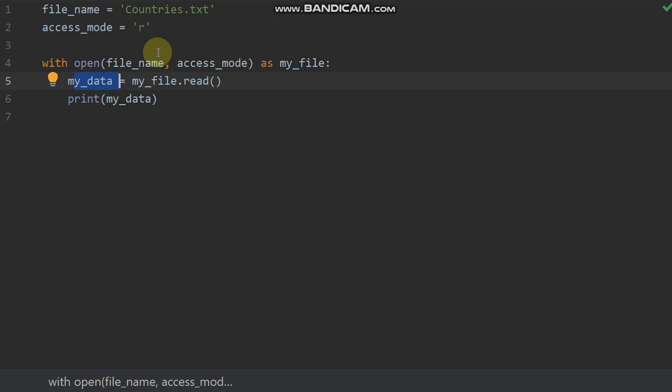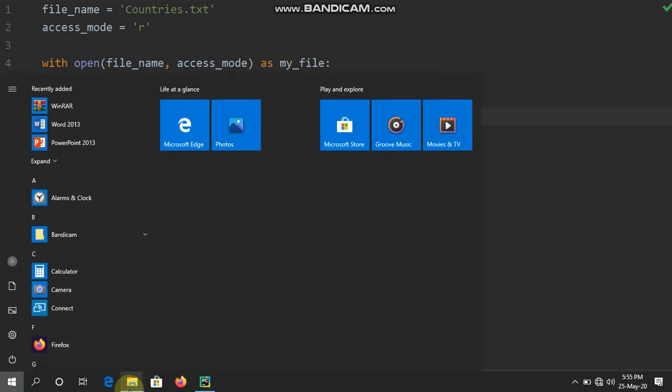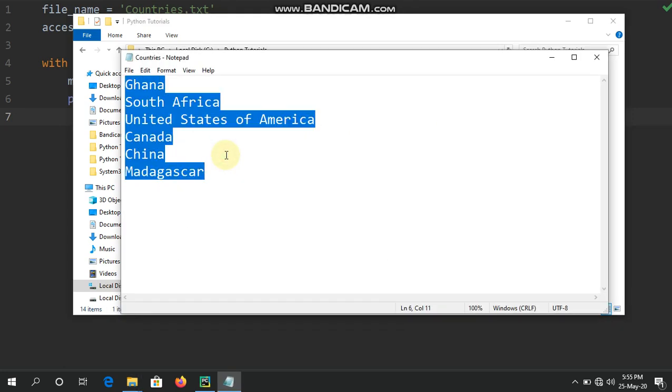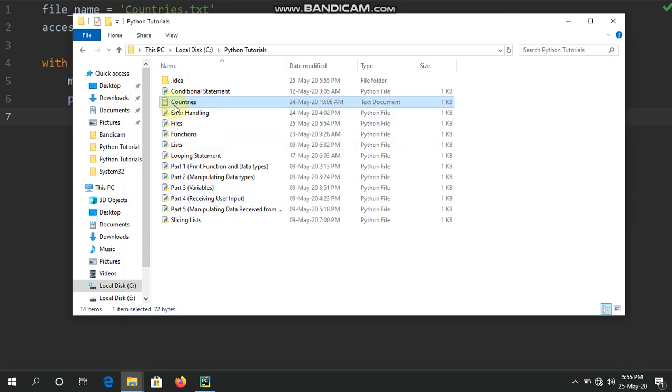Now there is one more thing I want to show you when it comes to reading from a file. If the file does not exist, it will give you an error. Okay, if the file does not exist, it gives an error. So let's come here. Now check this out. I have this file. Let's say I delete this file. Let me copy all what I have within before I delete them. Okay, so I've copied them. So if I try to delete this file,